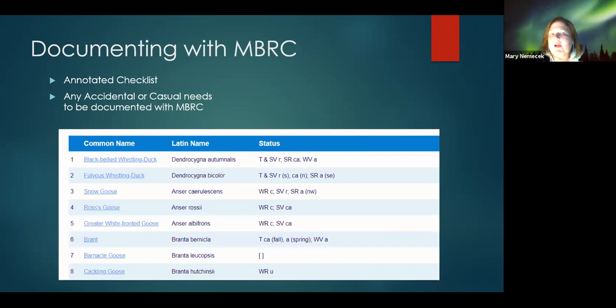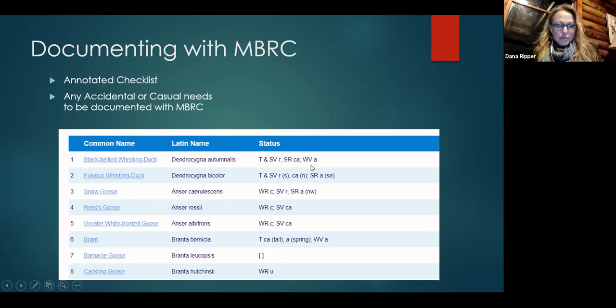The other thing that I would encourage you to know how to get to, or download it on your phone or your computer, is the annotated checklist on the Missouri Birding Society website, mobirds.org. You go under MBRC, and it'll say annotated checklist. This will tell you roughly when species are expected.